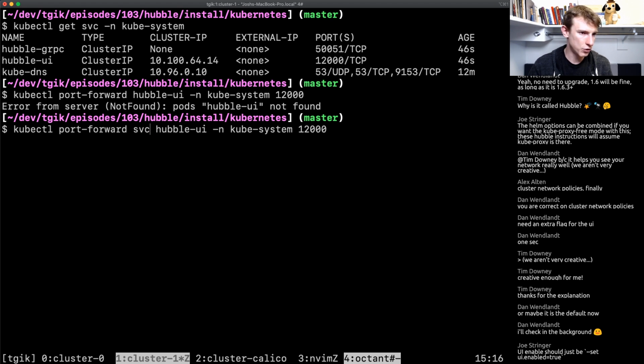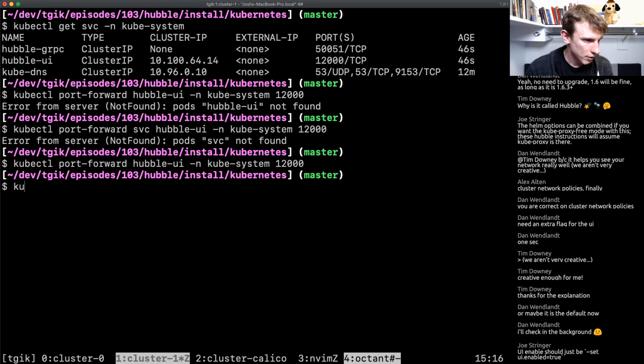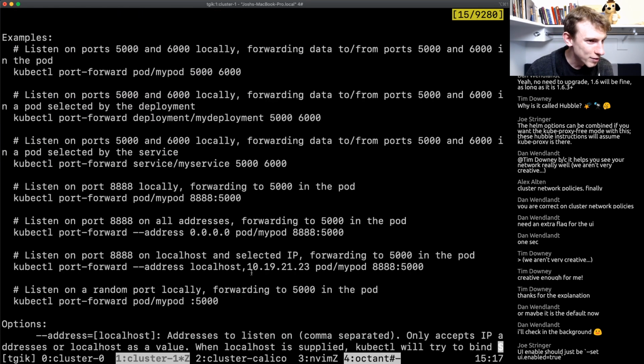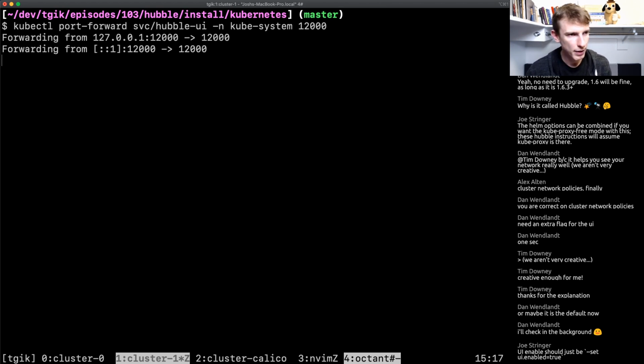Port forward service. Is that how it goes? No pods service found. There's some way to tell it that it's a service. I'm trying to remember. Kubectl port. This is why it's helpful to have Duffy behind your shoulder when you can. What is this? Port forward. Oh, it's the slash. Okay. All right, here we go. Service Hubble UI. Cool. All right, so theoretically, if we go to this port,